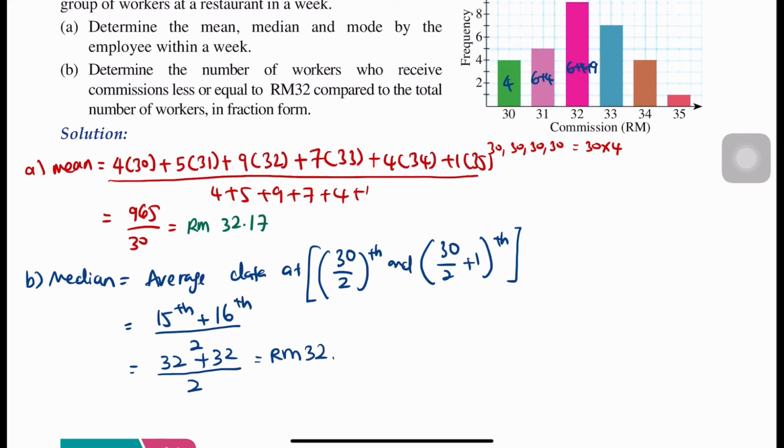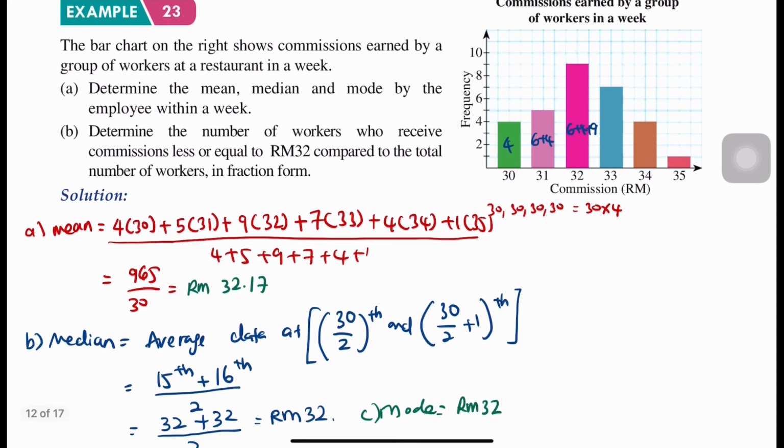Okay, next mode. So your mode, buat C lah. Mode is the highest bar. So highest bar is RM32. Boleh? Okay, next dia kata, determine the number of workers who receive commission less or equal to 32